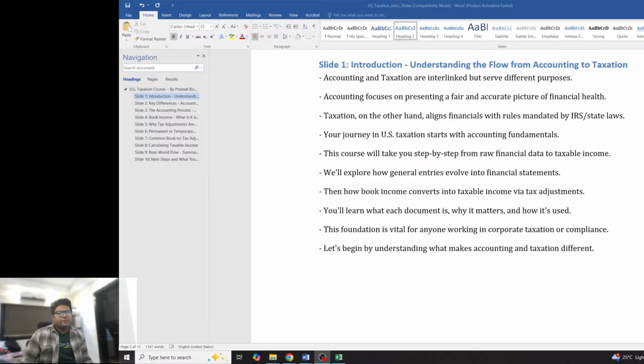So today I'll be going forward with this, and the main goal of this coaching is to create an understanding of how we understand US taxation. And secondly, as an industry, this is quite a lucrative industry, so anybody that wants to get into US taxation can refer to this one.